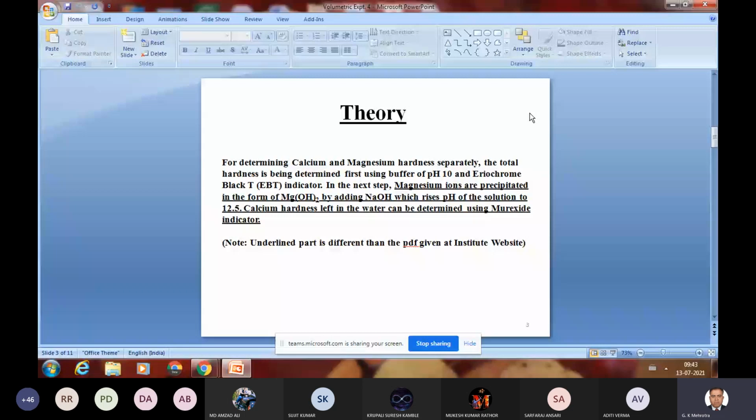Now we are still far from understanding the mechanism of how this blue color appears, and what kind of chemical species are present at the moment. This is very interesting chemistry, and you will find it in the rarest of rare discussions anywhere. This complexometric titration is very much pH dependent.